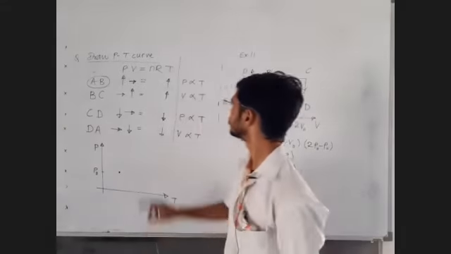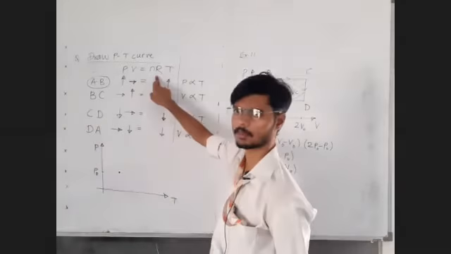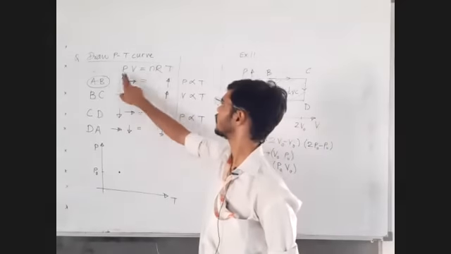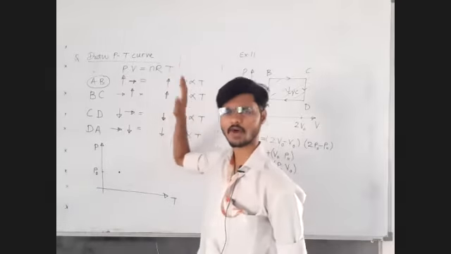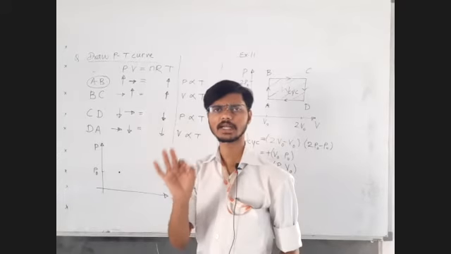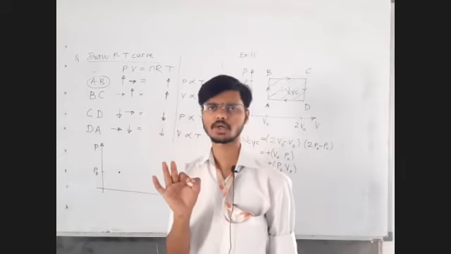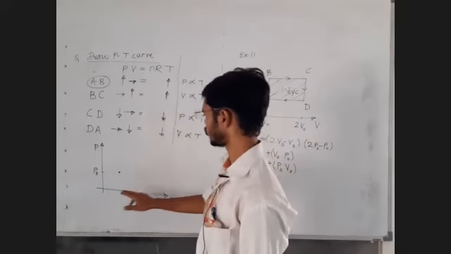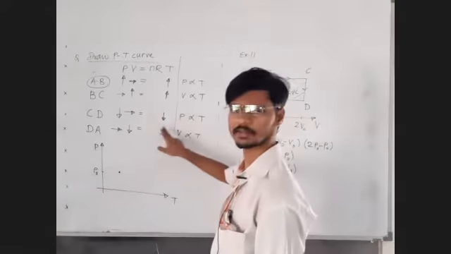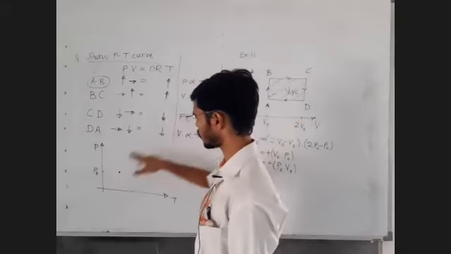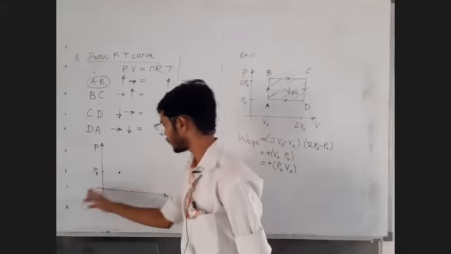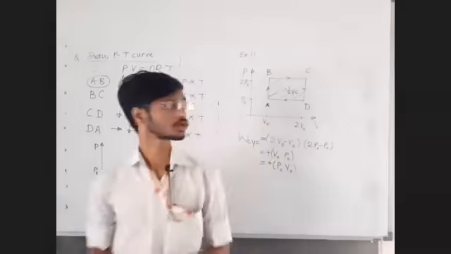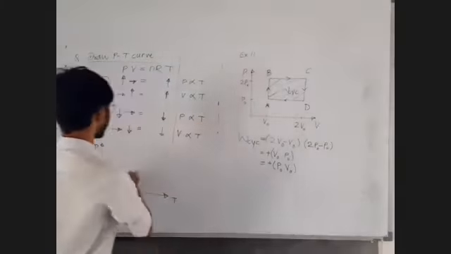Am I right? This volume you can take into the denominator. Volume is constant there, so nR upon V is constant. Y equal to mx. If y is equal to mx, then it is a straight line passing through origin. So actually the graph should pass like this, continuously through origin. We should extend to negative infinity and positive infinity also, but we should not draw it like this, because some finite portion of the graph is to be drawn and not the complete infinite line.